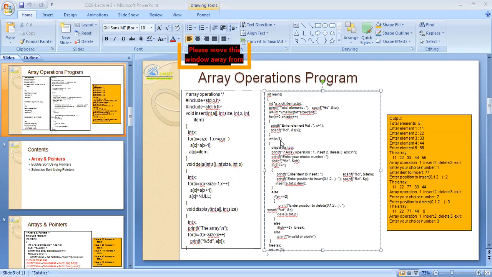Now you go with a condition. After you insert each and every element, what is the next thing? Now I have taken the total elements as 5 and I have inserted 5 elements here. For that, you have to go with the display of A. First I will display. Before you go with the insert, delete and display operations, first you display the contents you have inserted. Here in this part, you have inserted some elements.